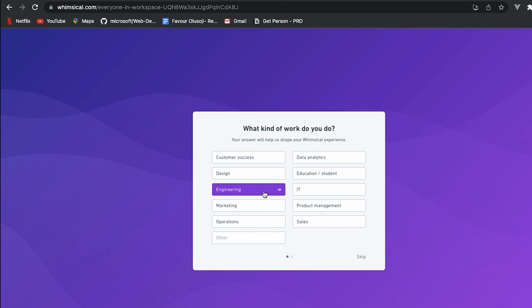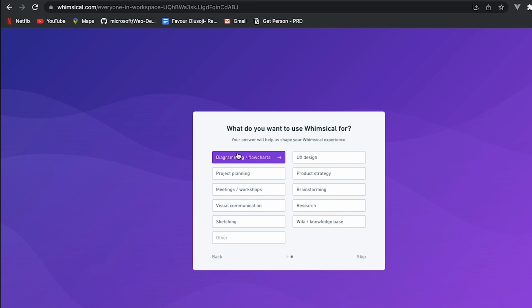So you can skip this for now, and then I can say what type of work I am doing. I can select product management, I mean the product manager. And then what do you want to use Whimsical for? So you can skip this,